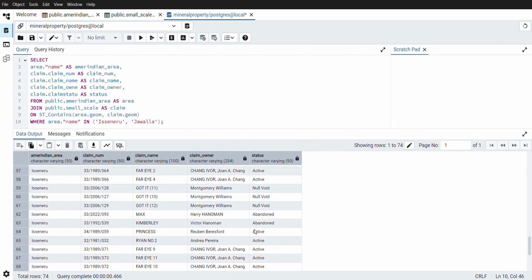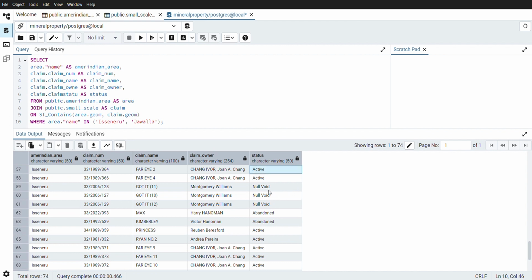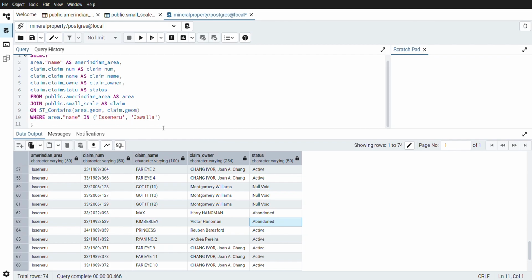We can see in the status column that we have properties that are active, we have some that are null and void, some that are abandoned. So let's say we just wanted those properties that are active, the properties that are active that are within these areas. So how do we add that? This is how we add that. We simply add a new line to our SQL query and we're going to say and we're going to specify our claim status, our alias for the claim layer and the claim status column from the small scale layer, and we're going to say this to be equal to the word active,